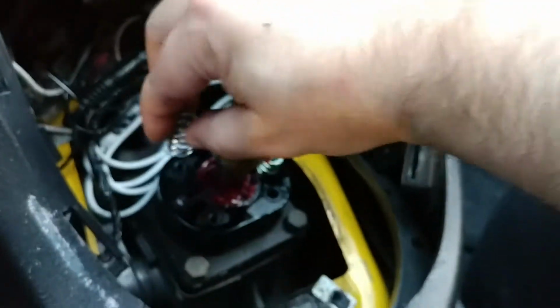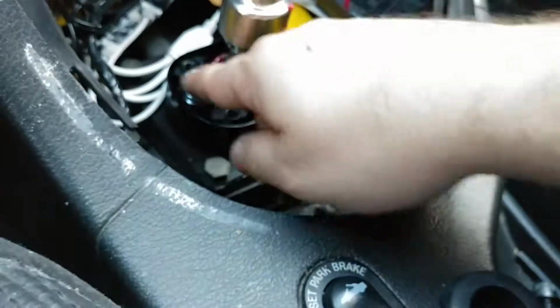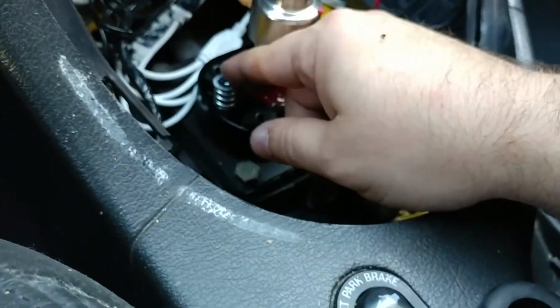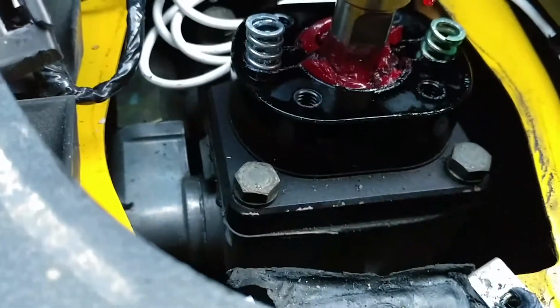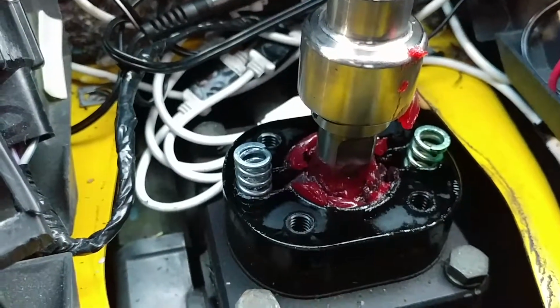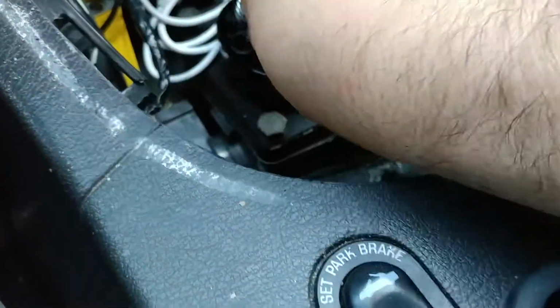I'm going to place it right in there. It just seems like it should go down more, but I guess that's what that other plate does, is it compresses all of that. Alright, so just for grins and giggles, I mean, this just,